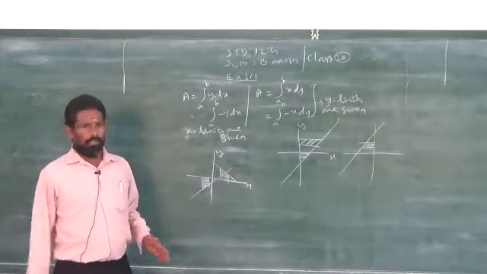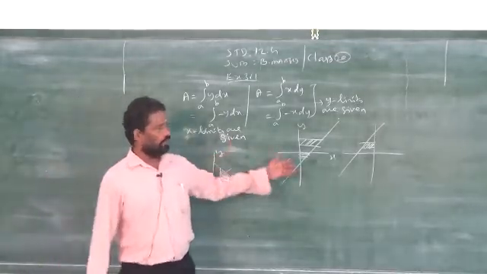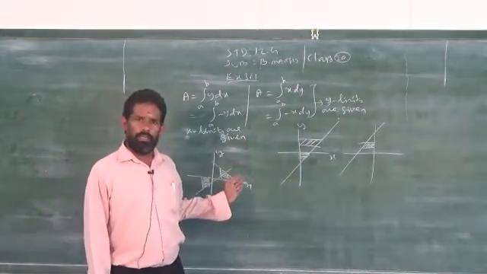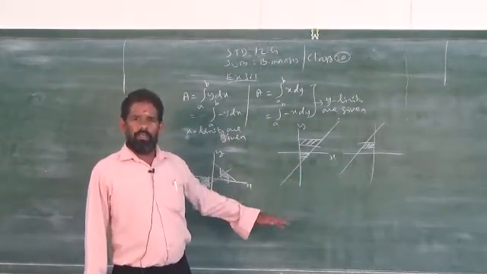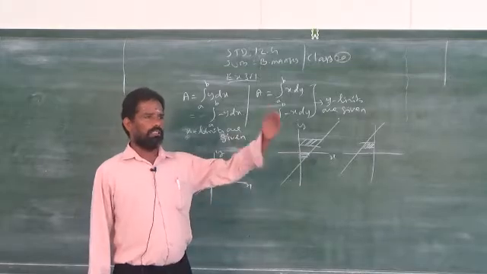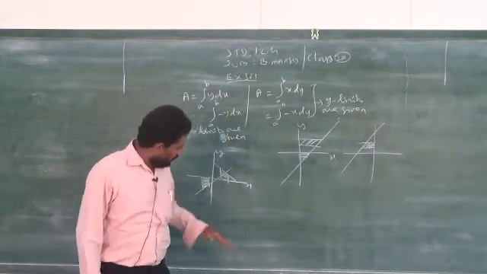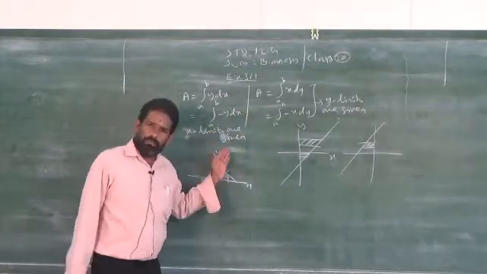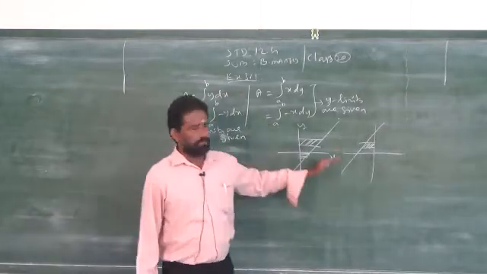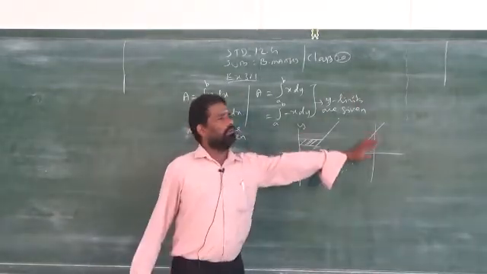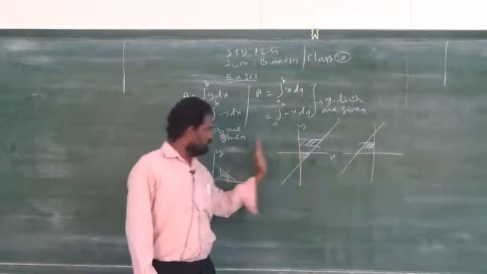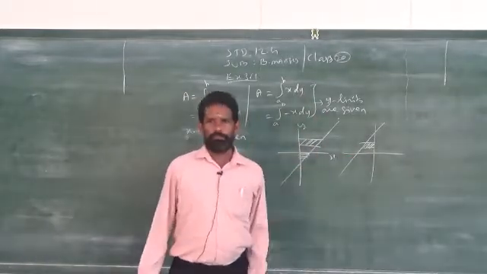So remember, for x limits and for y limits, we have two formulas each. How do you apply the two formulas? For x limits, above the x axis, y dx; below the x axis, like this shape, it is minus y dx. Whereas for y limits, the right side of the y axis is positive, the left side of the y axis is negative.